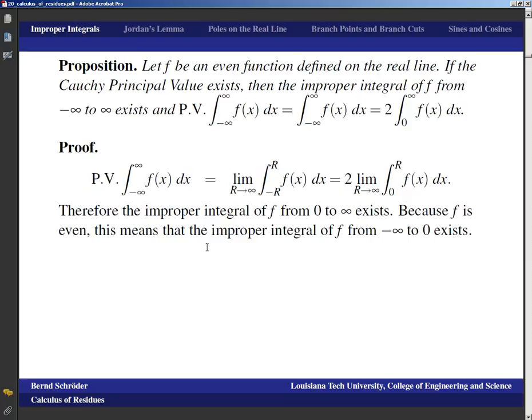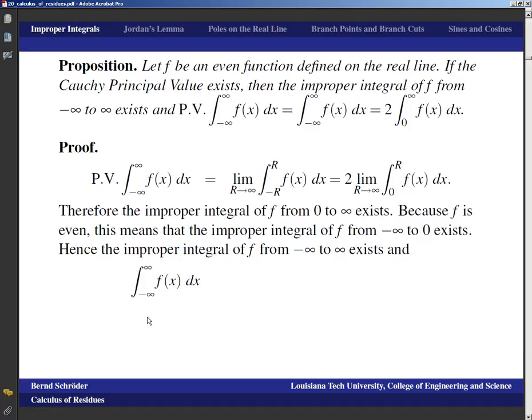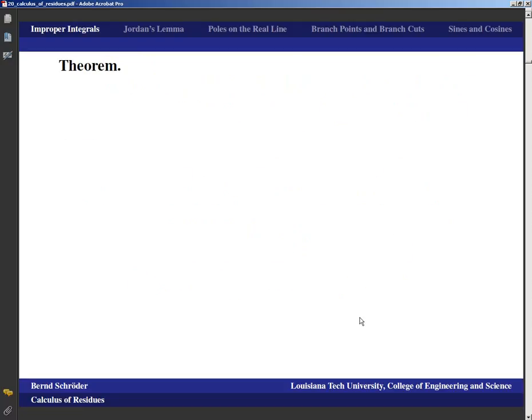But because f is even, that means that the improper integral of f from negative infinity to 0 exists too, because after all, for an even function, that integral is the same as the one from 0 to infinity. And that means that the improper integral of f from negative infinity to infinity exists, because that's just the sum of those two improper integrals. And we have that the integral from negative infinity to infinity of f of x dx is twice the integral from 0 to infinity of f of x dx, and that was the principal value. So all these identities up here work out. Okay, I think now,